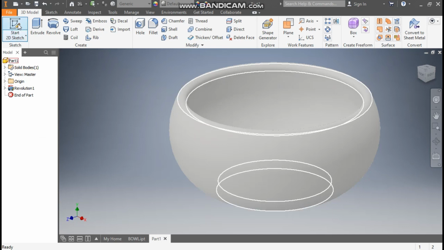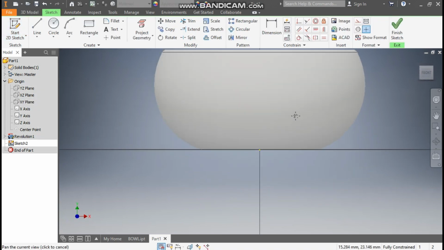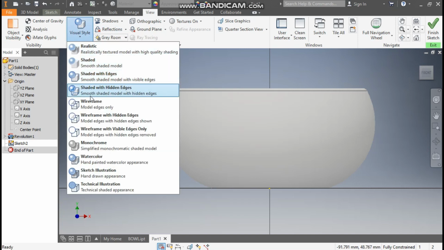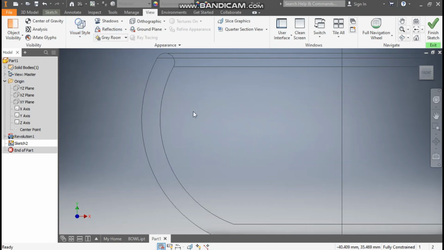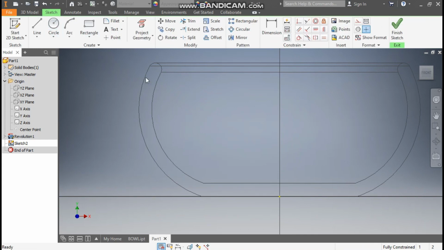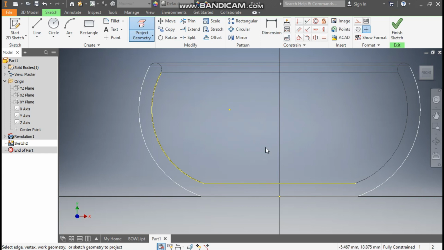For this cut profile, go to 2D sketch, go to origin, and here again select the XY plane. Now change the view, go to view, visual style, and change it to wireframe. Okay, now here go to sketch, and here project geometry, project this inner profile and project this also, escape,